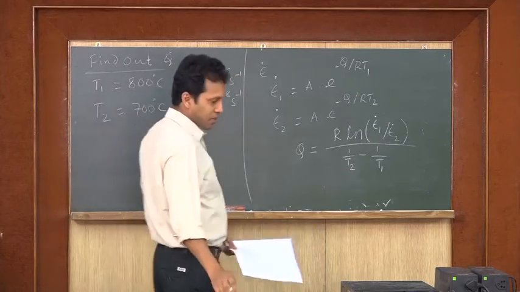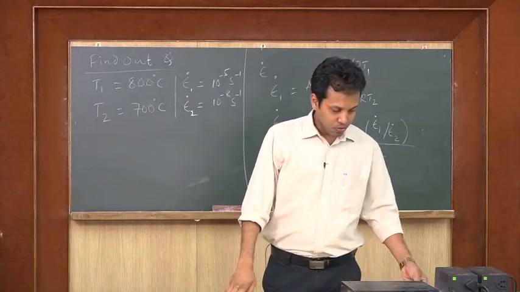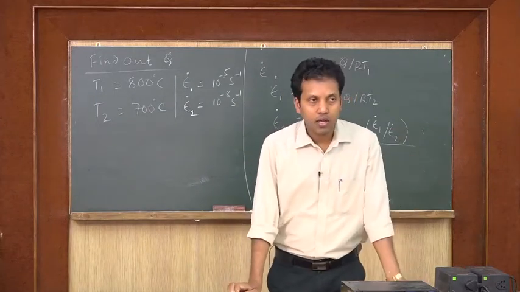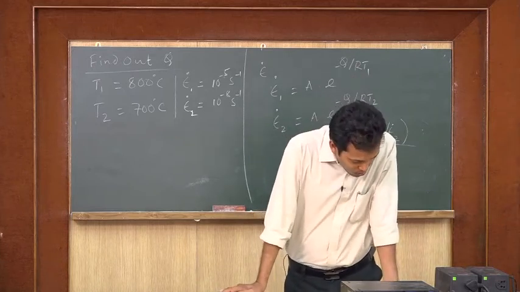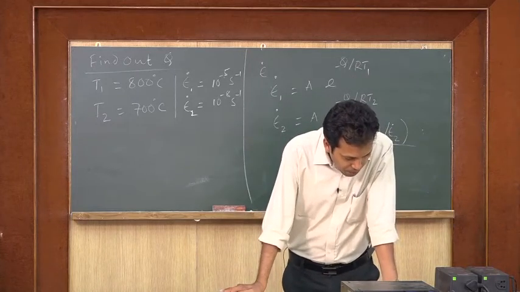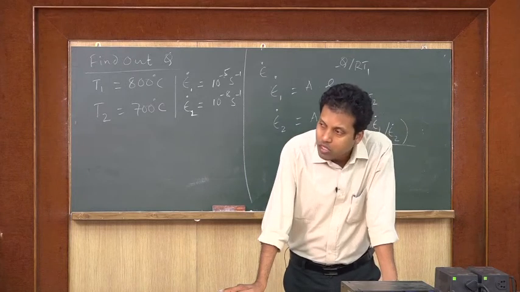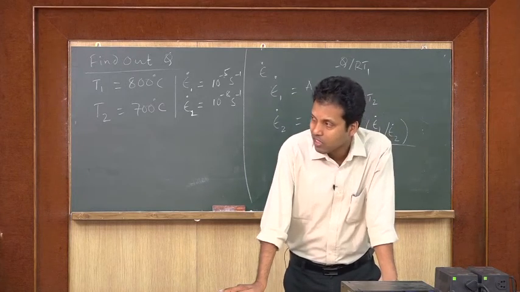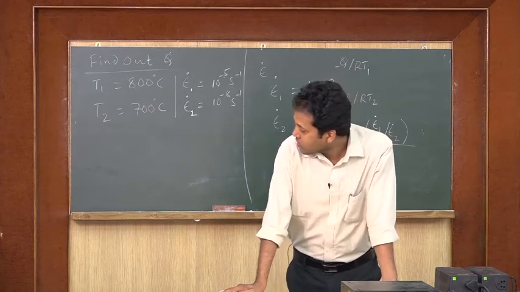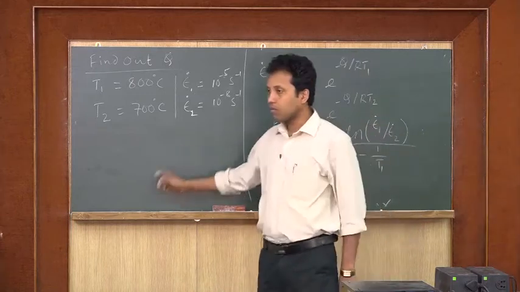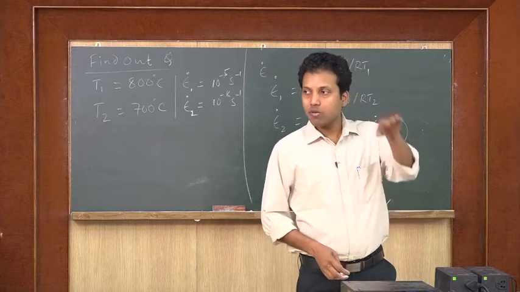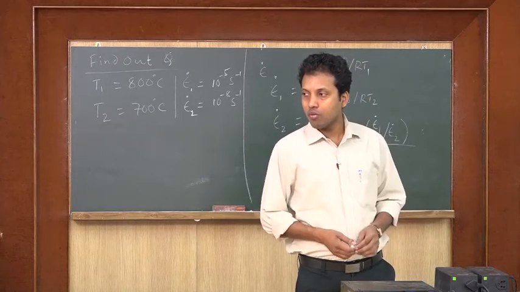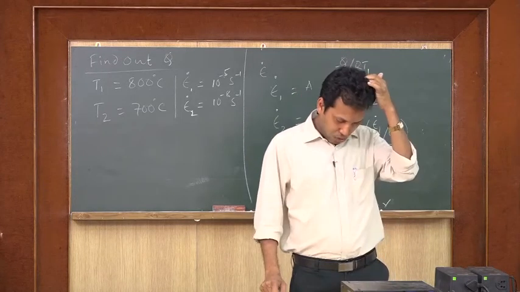So, the problem is very straightforward. You just put this in the equation and get the result. Rather, this is one problem which is given in Dutta's book. We have many other problems which are similar to this, with no change, like the curve that I put here, on which the graduations will be given, and you have to find out the slope and calculate. So, the value of R you can take